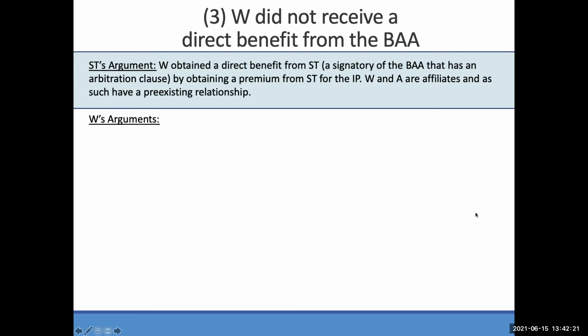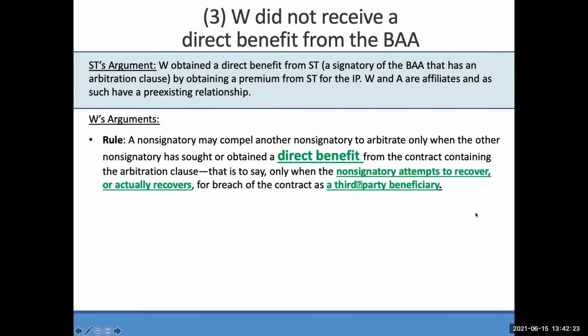Now, our response will cite the rule about, well, what is a direct benefit? We have to define what direct benefit is. And from the Tuscany case, it said a signatory may compel a non-signatory to arbitrate only when the non-signatory has sought and obtained a direct benefit from the contract containing the arbitration clause. That is to say, only when the non-signatory attempts to recover or actually recovers for a breach of contract as